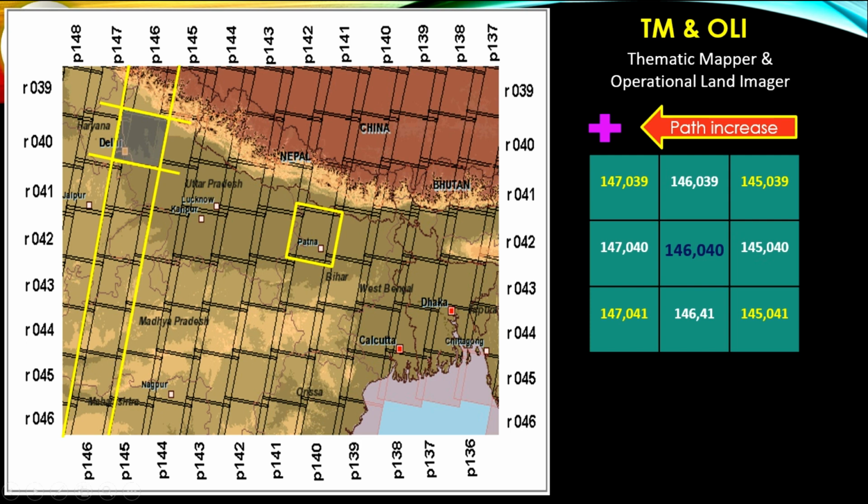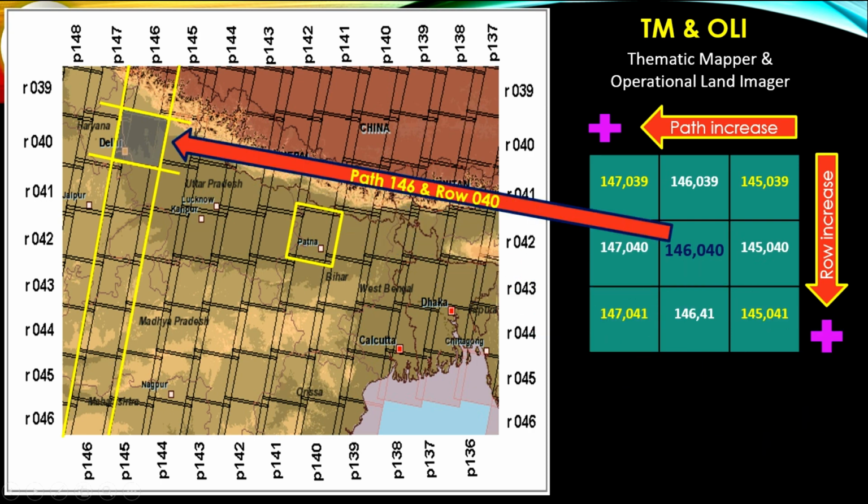In this case path increases westward, that is, from east to west it increases. Here 137, 138, 139 in this manner up to 148, and row increases downward. Here 039 to 046, row increases downward.